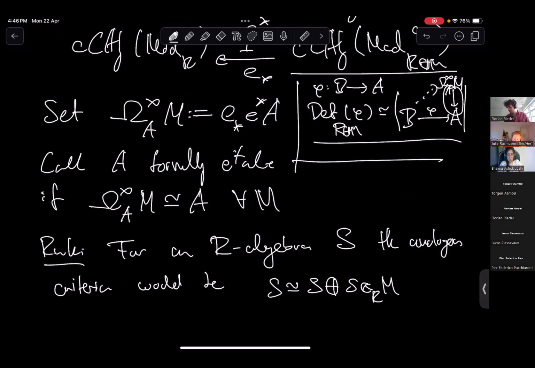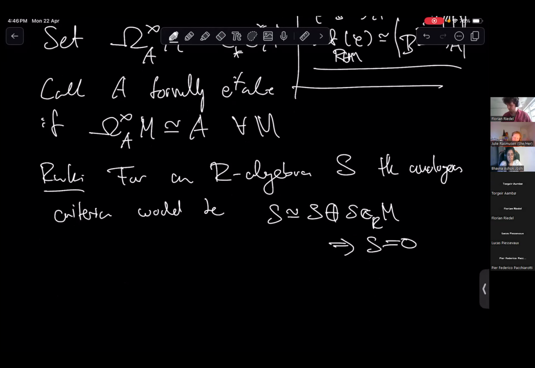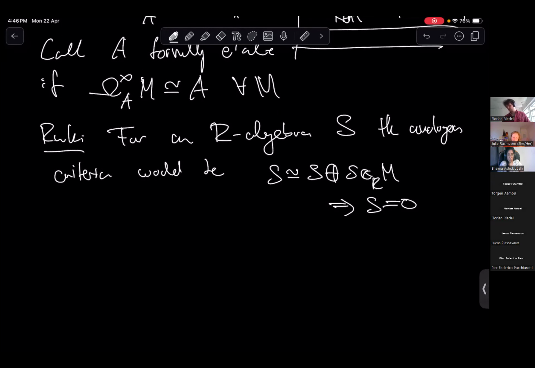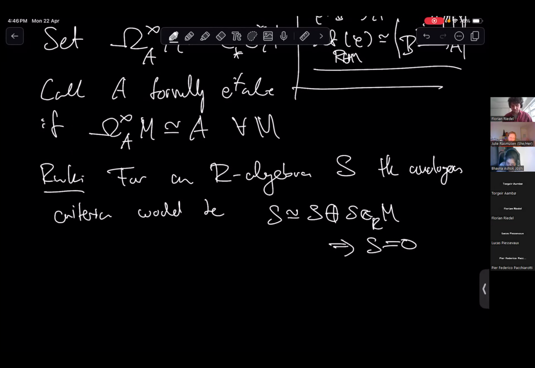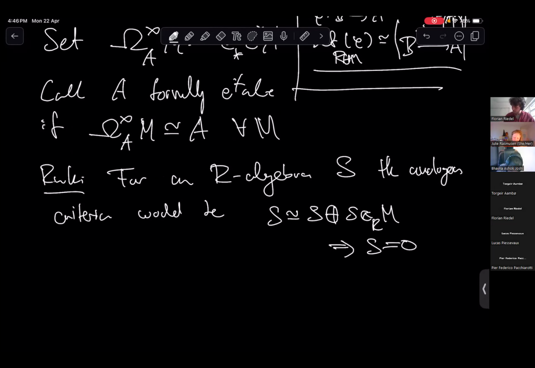Would be this condition. And this is obviously nonsense. This just straight up implies that S is zero. Yeah, so this might make you a little nervous, that this is a nonsense condition which is never satisfied, but it's really the strangeness of the right adjoint that makes it work. So to appease you a little bit, let me tell you that this is not an empty or boring condition.